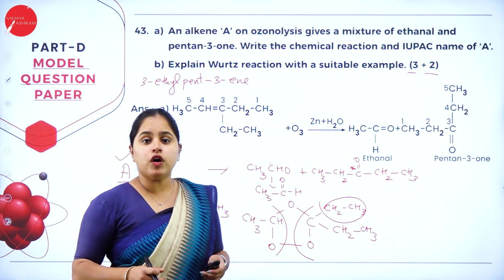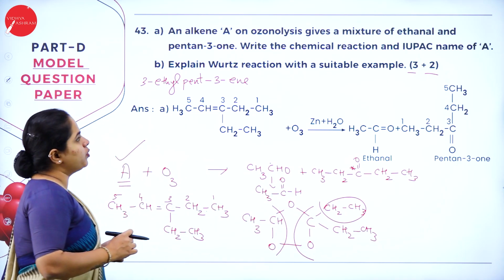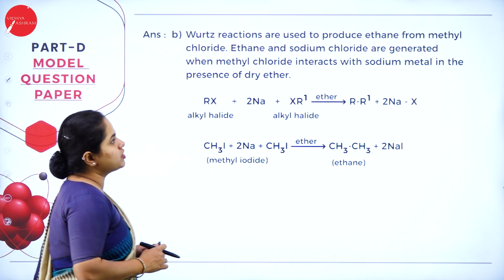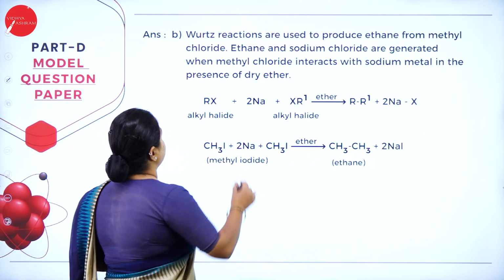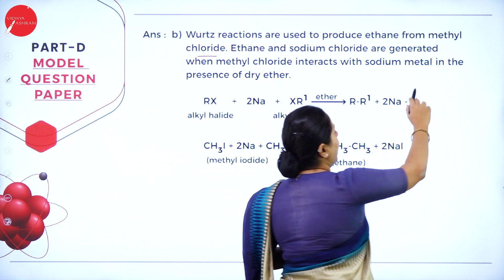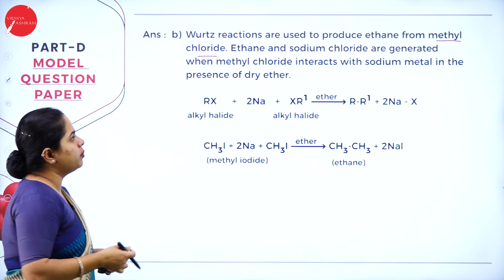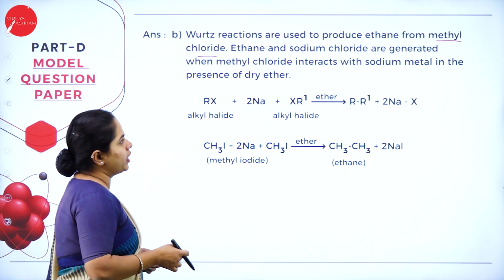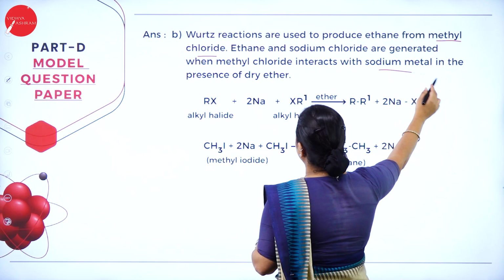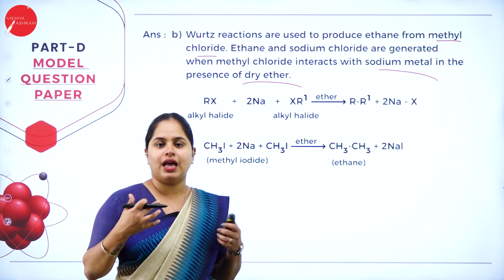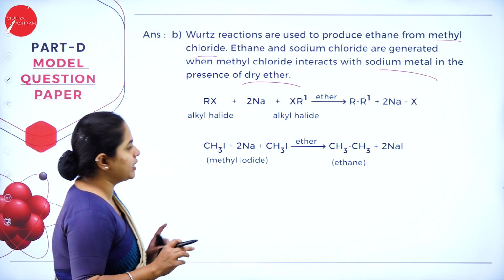Okay. So now moving on to part B of the question, explain Wurtz reaction with a suitable example. So Wurtz reactions are used to produce ethane from methyl chloride. So from methyl chloride, that is from an alkyl halide, how can you form an alkane, right? Ethane and sodium chloride are generated when methyl chloride interacts with sodium metal in the presence of dry ether. So it is important to write the reagents and the reaction, as well as which catalyst is being